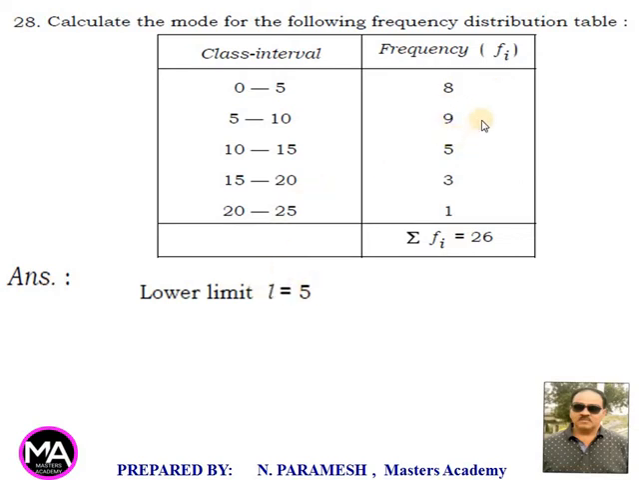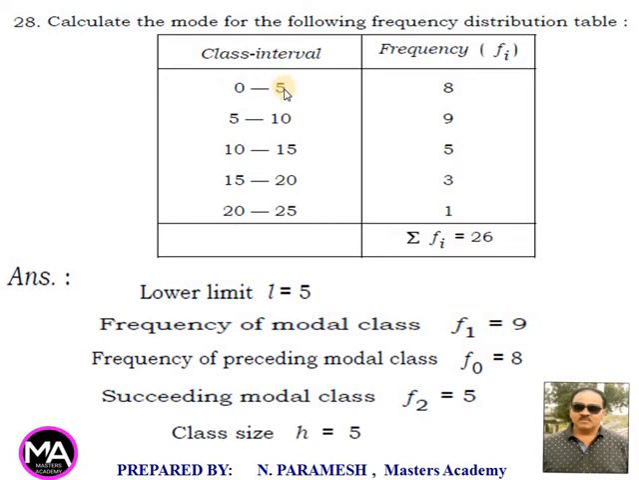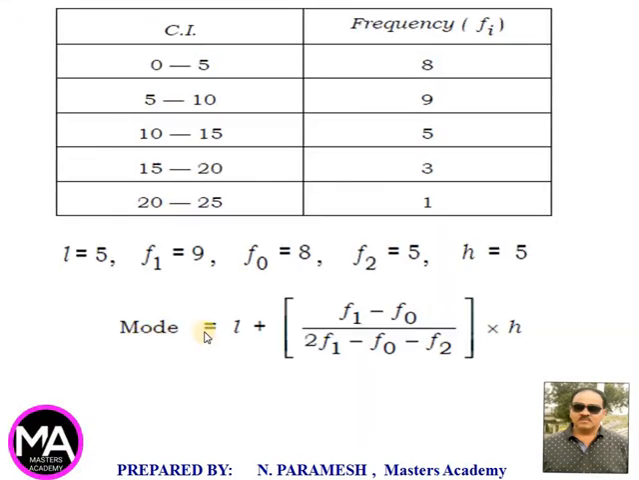Maximum frequency is 9. Lower limit L is equal to 5. Frequency of the modal class F1 is equal to 9. Frequency of the preceding modal class F0 is equal to 8. Frequency of the succeeding modal class F2 is equal to 5. Class size H is equal to 5. Mode is equal to L plus bracket F1 minus F0 divided by 2 F1 minus F0